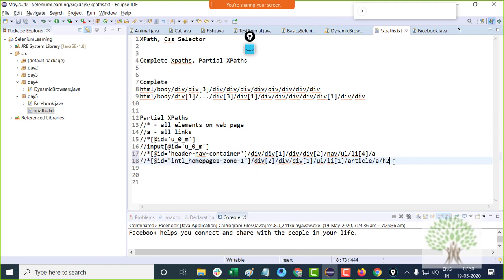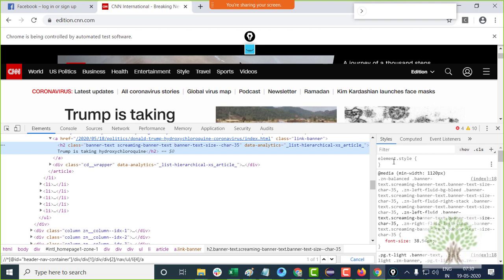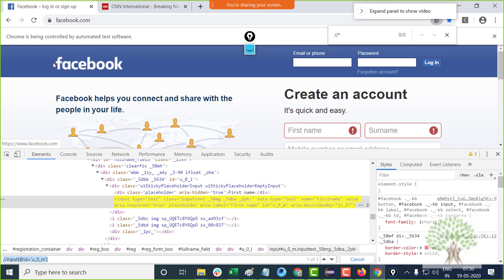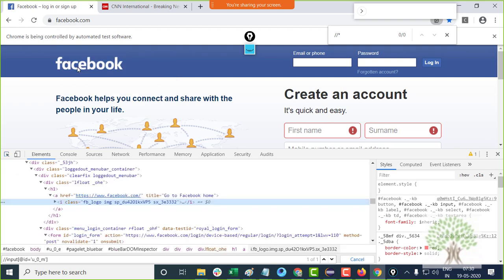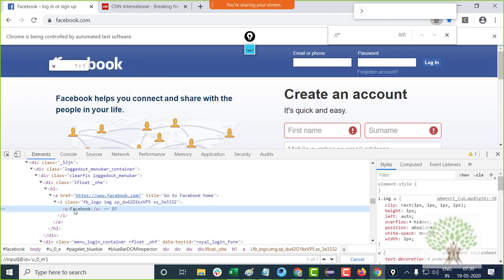Fine. Now, if I look at this, say Facebook, Facebook is written over here. Okay. If I investigate this, this is a text actually. It's not an image. It's a text. It can be selected over here.